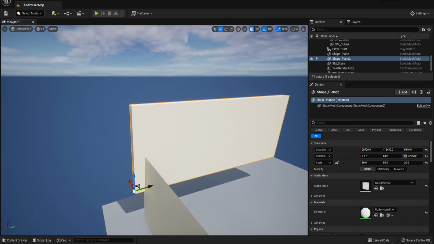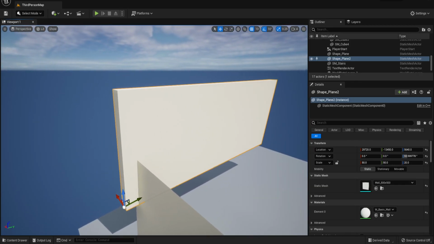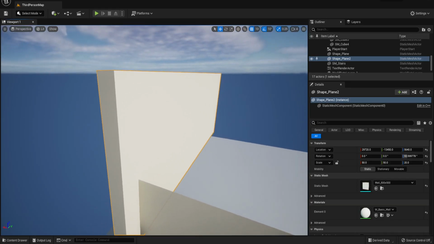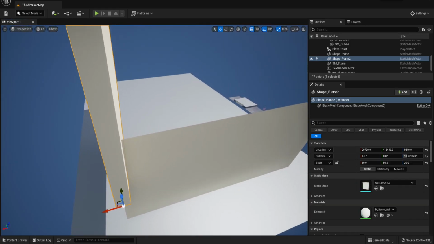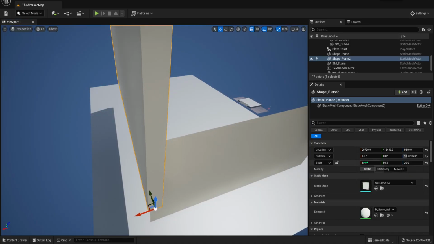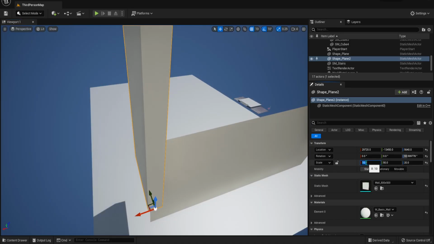But the walls are correct and better because you can see the sides, right? Hopefully. Okay. That's what I don't want.